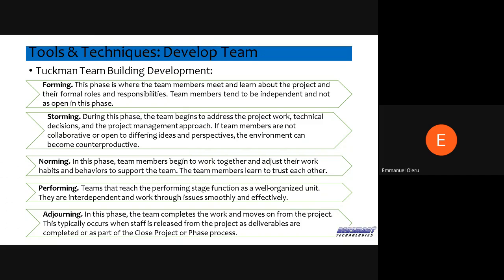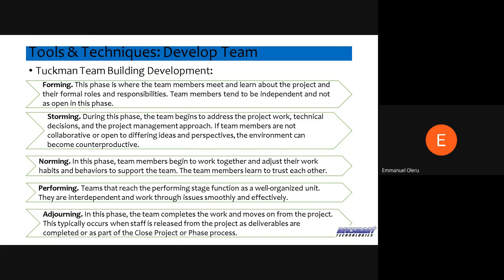But then it takes you to the norming stage where you begin to work together, you begin to understand the habits and behaviors of other people. Okay, this is how Alex used to work, this is how Bookie used to work, this is how Grace works. I can manage her properly. If I reach her by 12, I will likely get her. And if it's past 5, I can't reach Alex because he's in another country, and at that time they probably might be sleeping, or they don't have service, something like that.